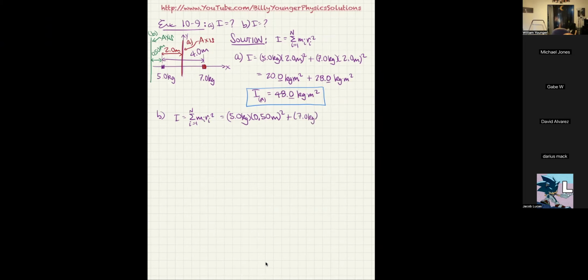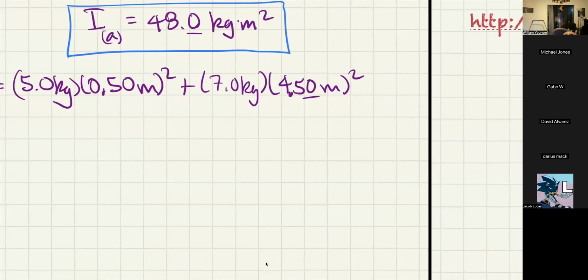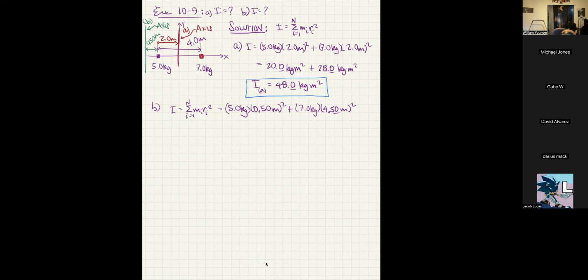So this is 7.0 kilograms times 4.50 meters, and that's going to be squared. I didn't draw that very well, so now what I have is 5 times 0.5 times 0.5 gives me 1.25 kilograms times meters squared, and then 7 times 4.5 times 4.5 gives me